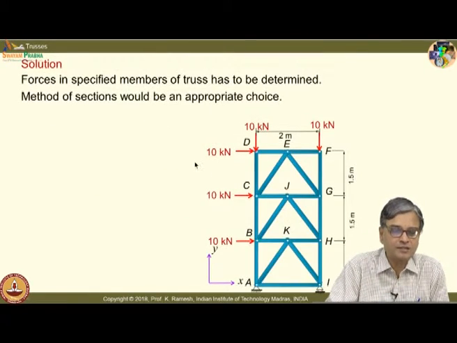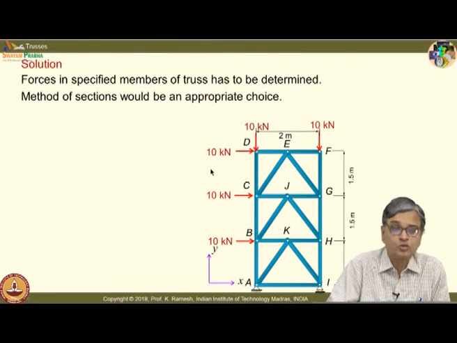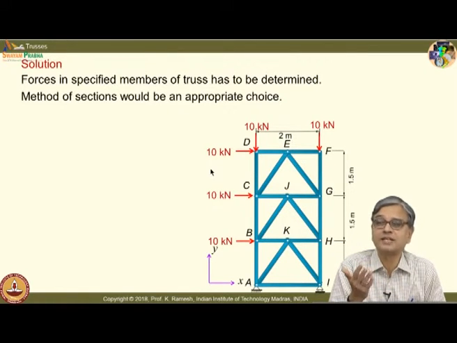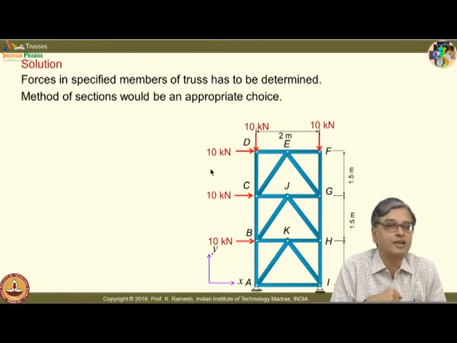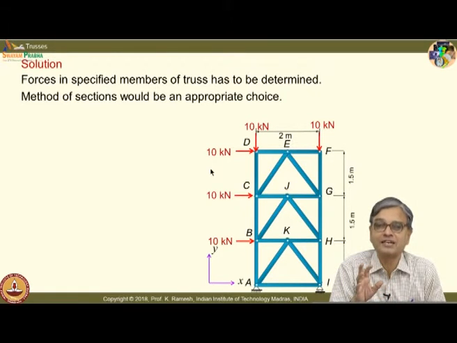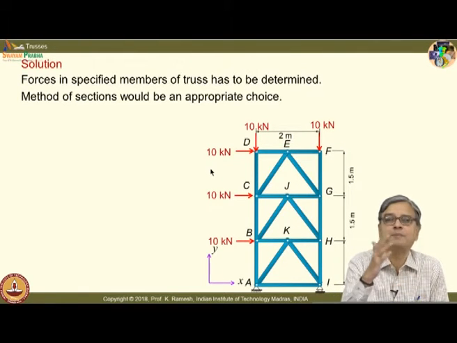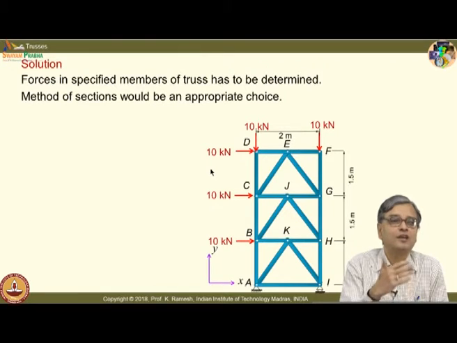Now, the next job is, should we find out the reactions or should we directly go and find out the member forces? I said that I have set the goal as I need to have only 3 equations to solve for 3 unknowns. So, that indirectly implies, can we avoid finding out the reactions? See, when I discussed the first problem, I said it is desirable to find out the reactions. So, it is context based. If I have to find out all the member forces, find out the reactions and go from one joint to another joint and then estimate all the forces.